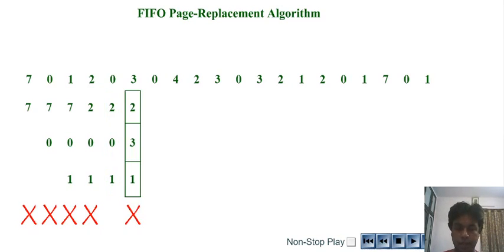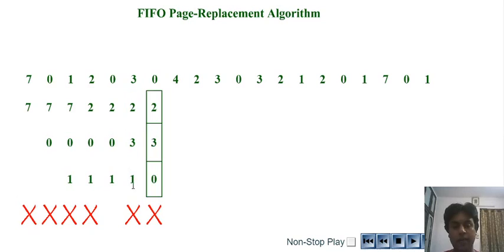Now after this we have the reference string 3, so now we are going to replace, right? Okay, after we have 3, let's go to the next number. It is 0. Now it is the one which occurred first, and so we are going to replace 0. So in this case we are going to replace each number one after another. Now when the next number 4 comes, we are going to replace 2.